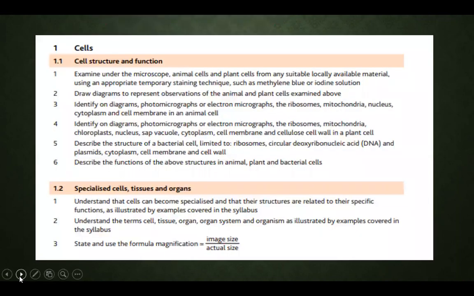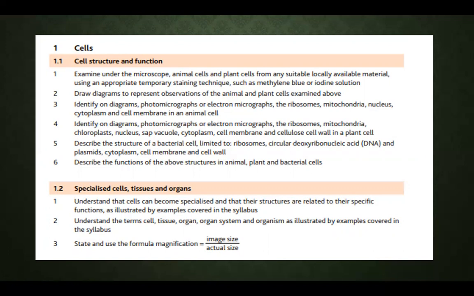As you can see, I have pasted the page that indicates the learning outcomes of this chapter. In this chapter on cells, you have two main categories: the cell structure and its function, and then the specialized cells, tissues, and organs. So we are going to start with 1.1.1. How would we read the learning outcomes? 1.1 is the section cell structure and function, and we are going to start with